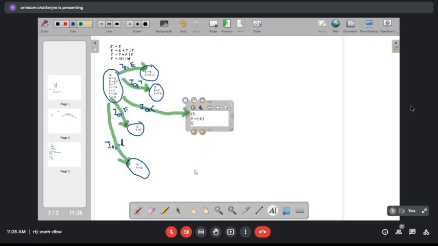Closure means E producing dot E plus T should be there, E producing dot T should be there, T producing dot T star F should be there, T producing dot F should be there, F producing dot open parenthesis E close parenthesis should be there, and F producing dot ID should be there. So these are the set of items in I5.